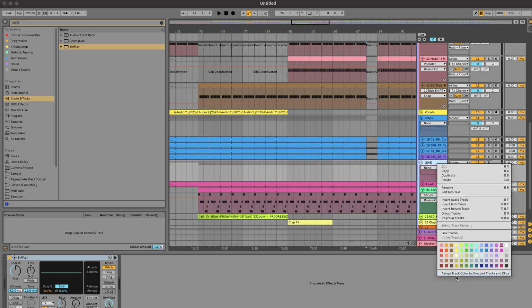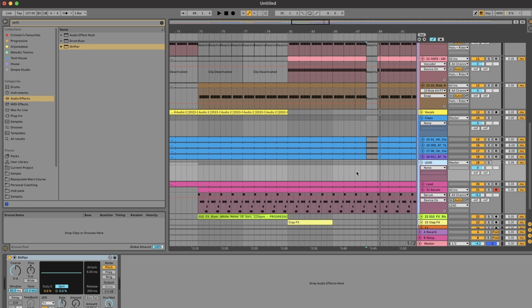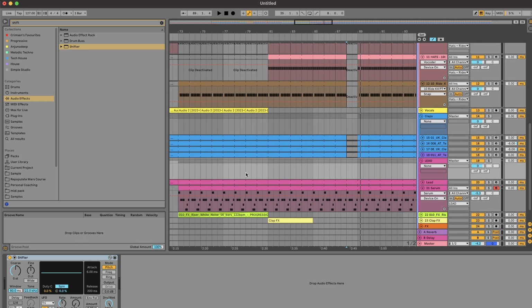Right, and change this to white, and then what we can do is